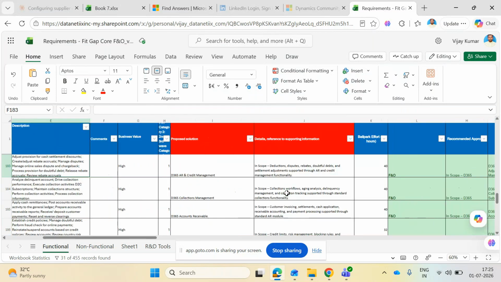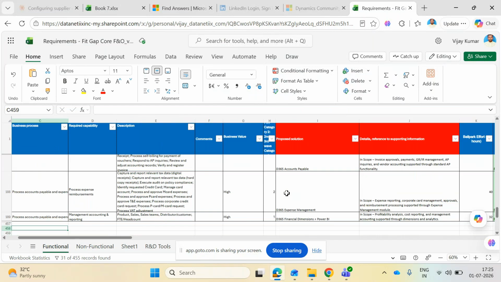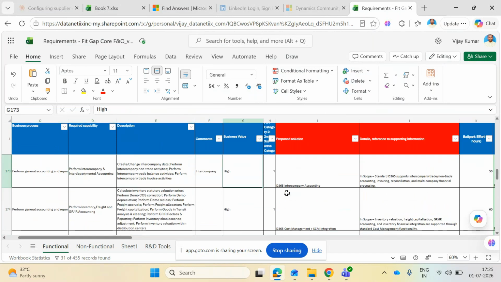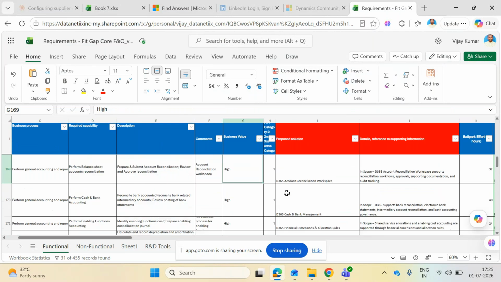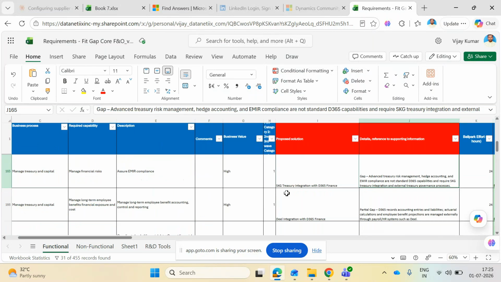In case it is not possible with the standard functionality, we have marked it as gap. I will show you that as well. You can see here, this integration only we can do this. So this is the way we